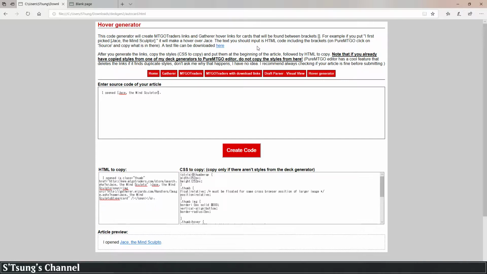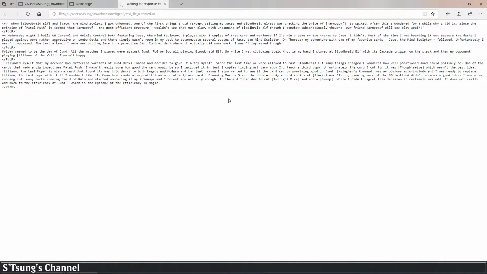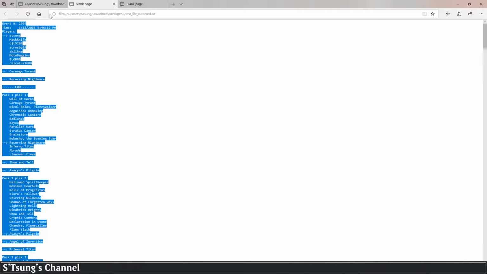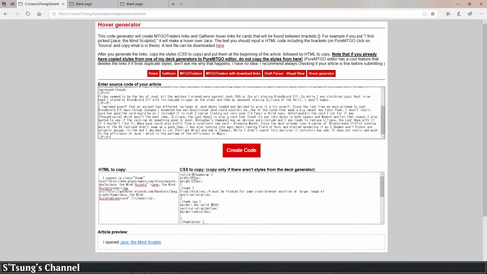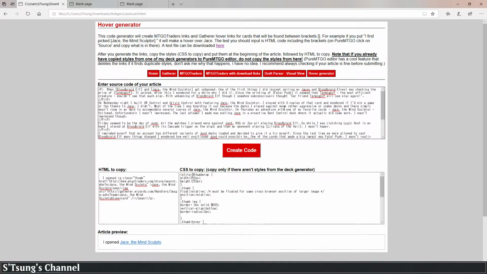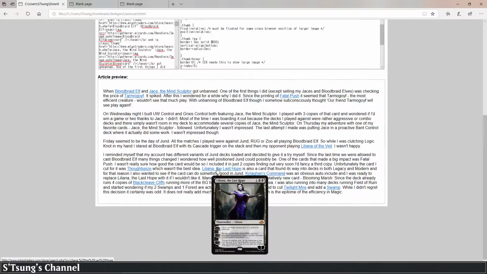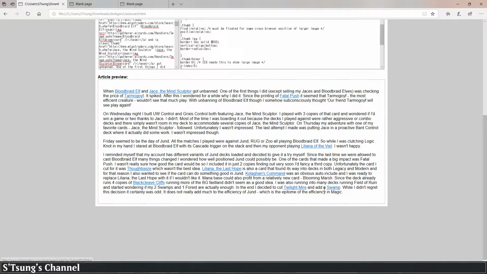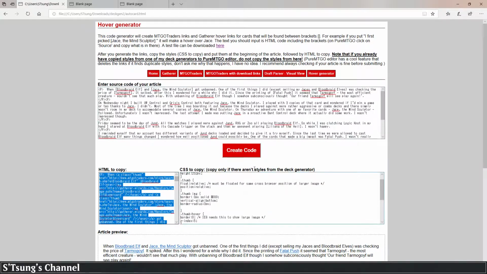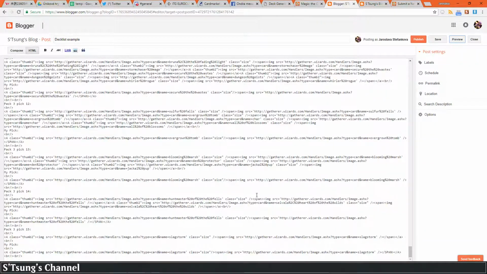that's how it works. So I have this file here, and I was writing about Chant or something that you can use, and you already see that I put the brackets around the cards that I wanted, and it looks like that. So yeah, I can copy that and put it in my blog post,